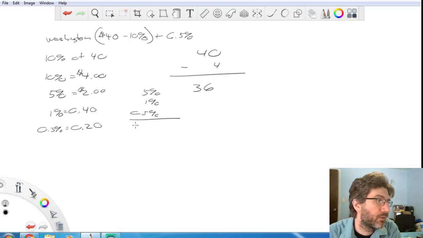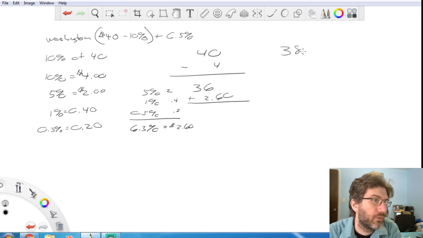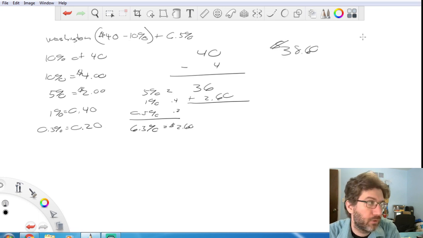So this will give you 6.5%. 5% is 2, 4, 2, that's $2.60 plus $2.60 gives you $38.60, which is still cheaper than the $40 from before. So